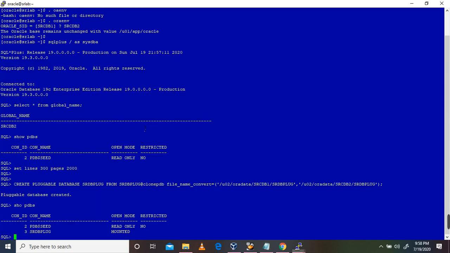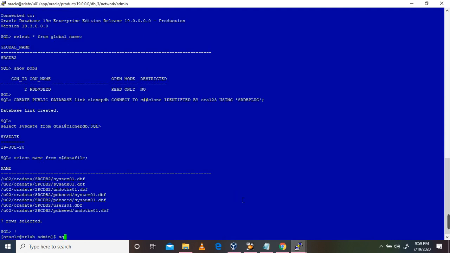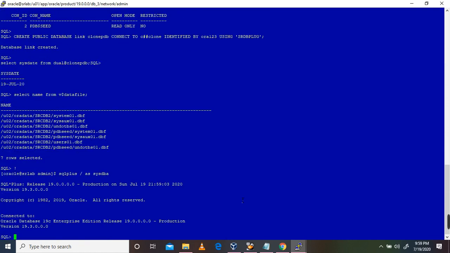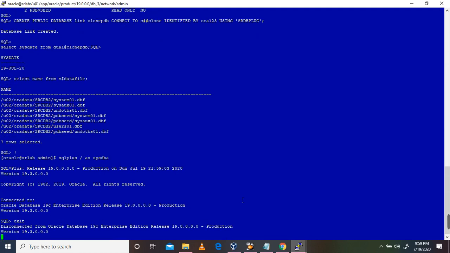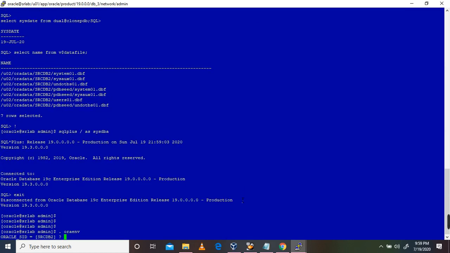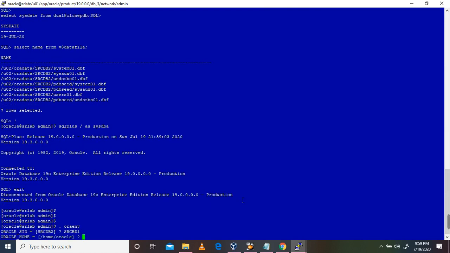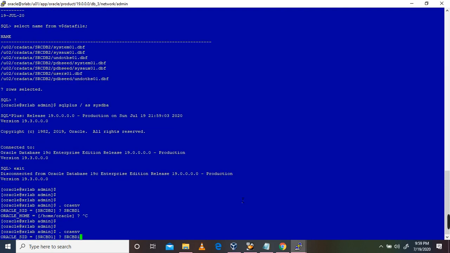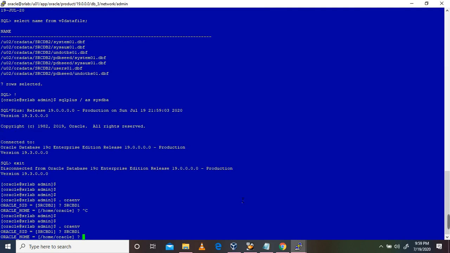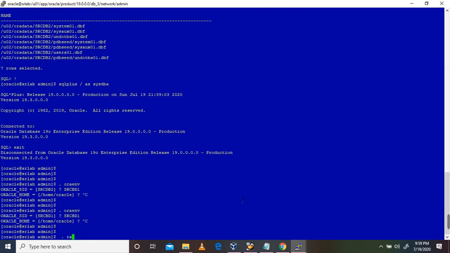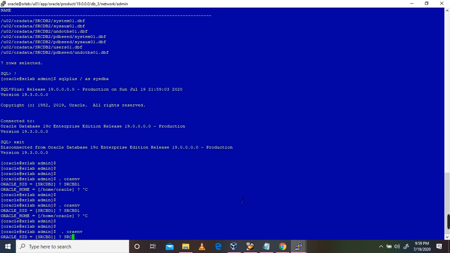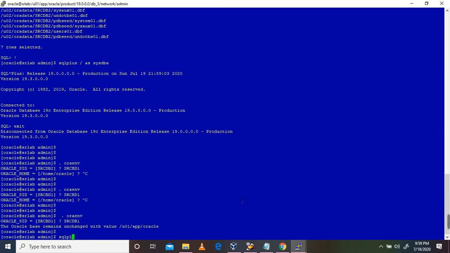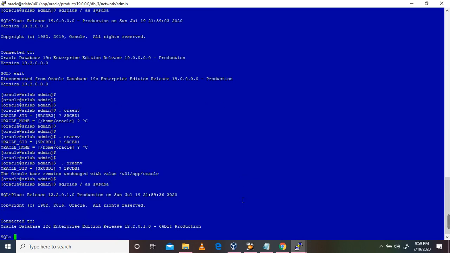What we will do after cloning, what we will do here on the source side, so we did a hot clone.